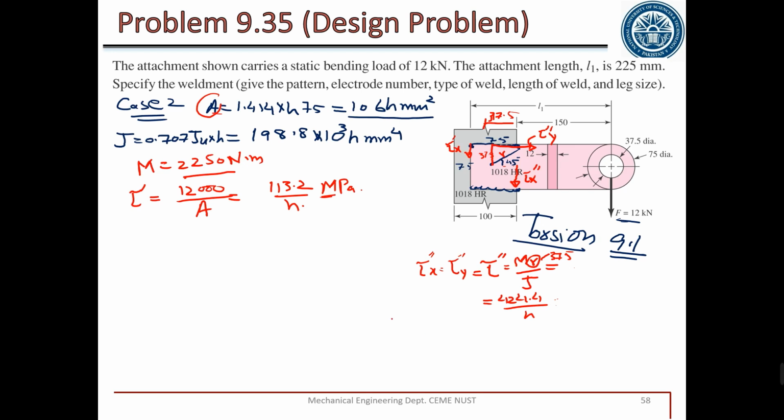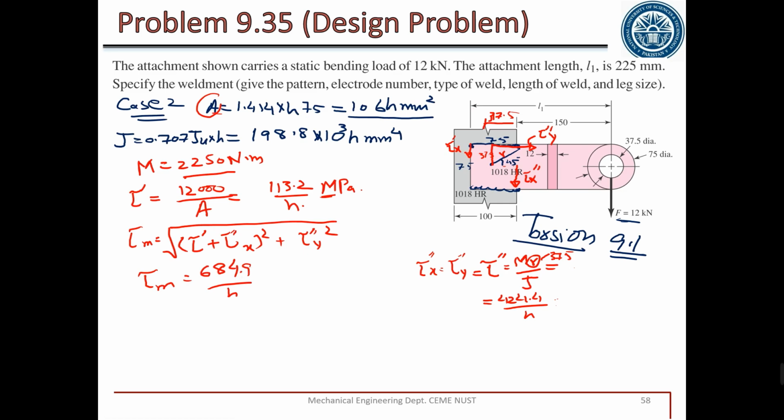To check the resultant, or tau max in this case, it is equal to square root of (tau prime plus tau double prime x) whole square plus tau double prime y square. Substituting values, tau double prime x and tau double prime y both have the same magnitude. Substituting the value will give us tau max equal to 684.9 by h. Allowable stress,